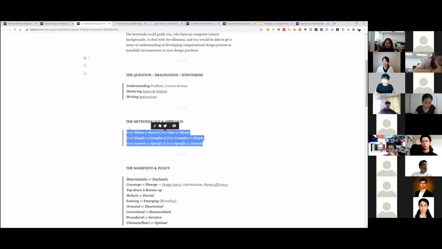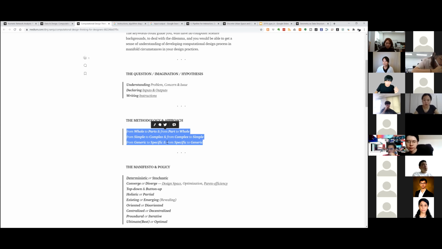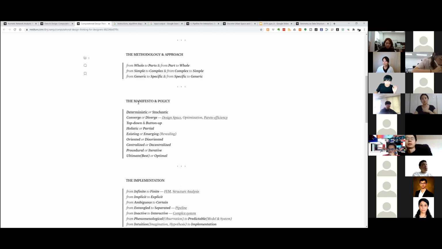So while you're developing your own algorithm, we need to keep thinking, keep repeating that keyword, in order to see where you are, right? And then the sort of manifesto or policy. What I'm trying to say in this section is direction, basically. There should be one direction, right? There's no two directions, right? Only one direction for one solution. So this is, I think, really important.